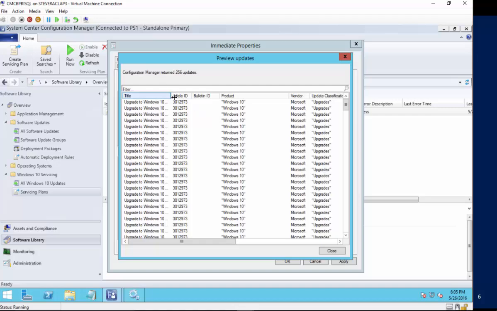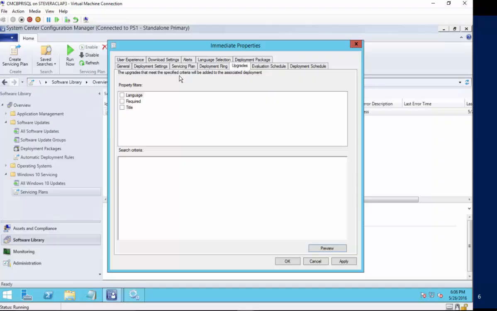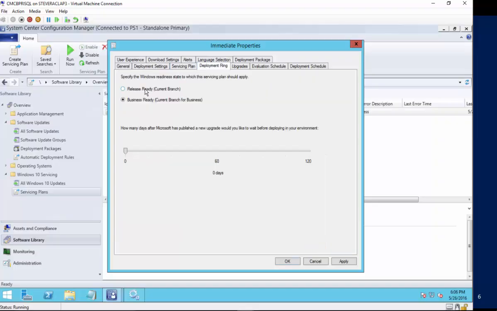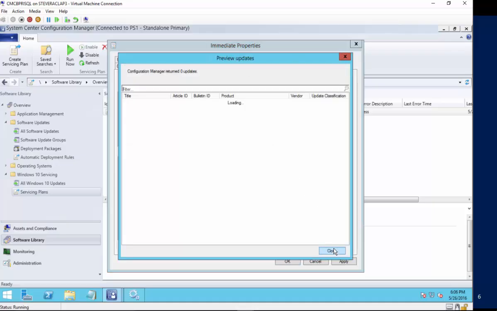Notice also, so let me turn the filter back on for a minute. Well, before I do, notice the name, upgrade to Windows 10 Pro or Enterprise or whatever, right? Let me go back and make an adjustment. So if I go to the deployment ring and say release ready, and then go back to upgrades and hit preview,